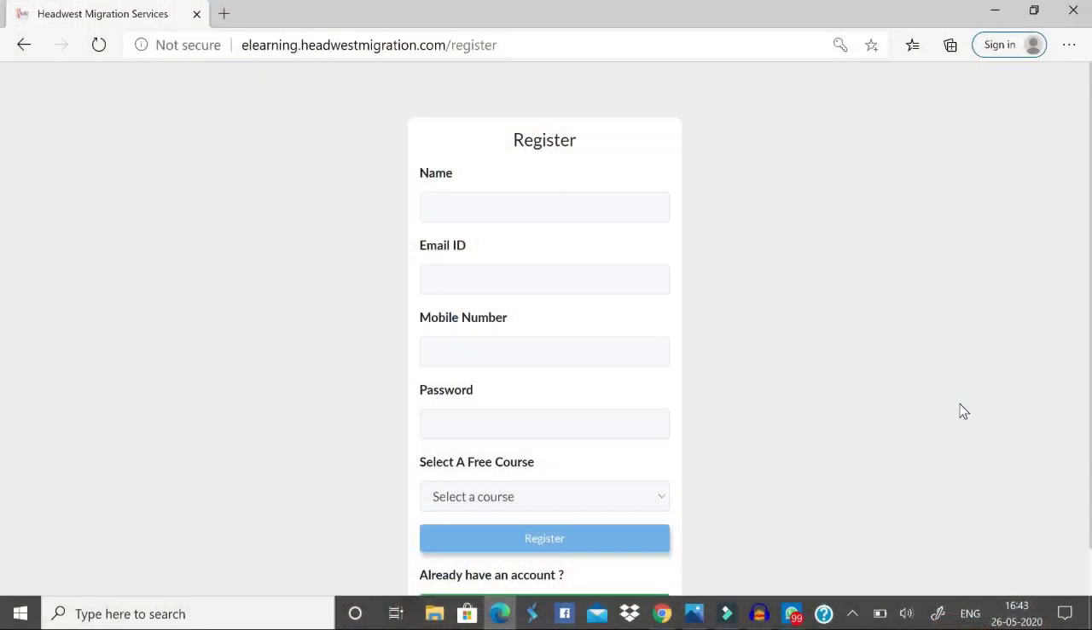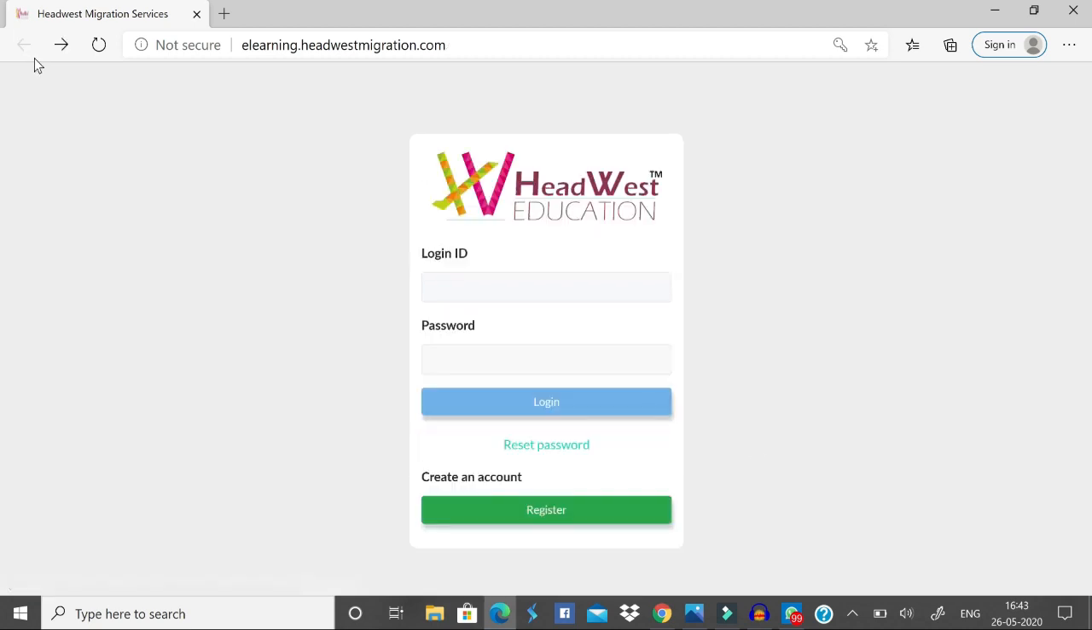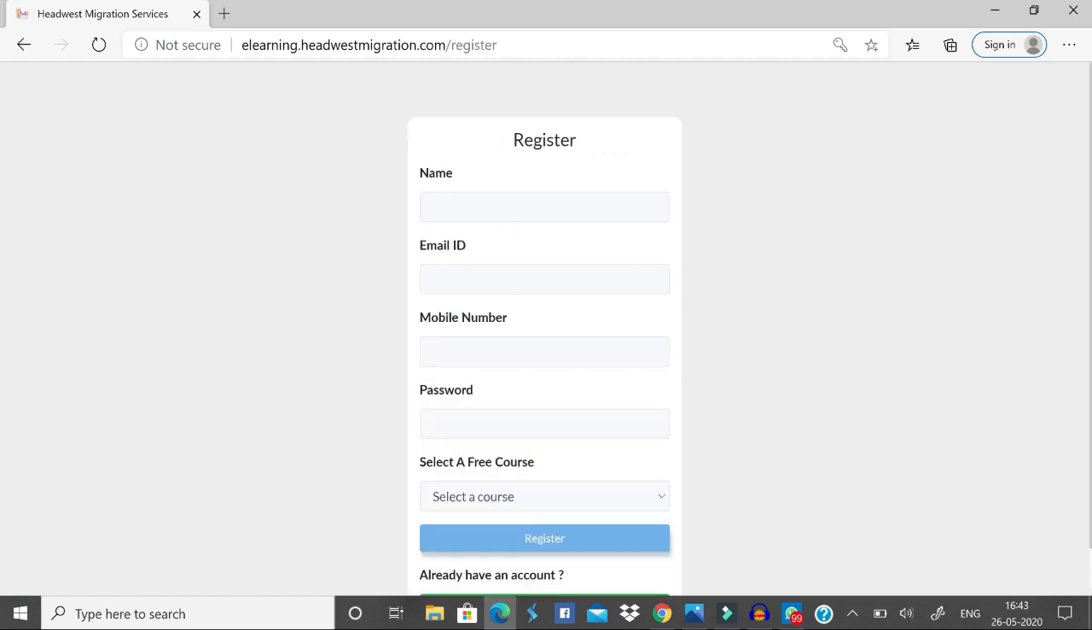So guys, I've already typed elearning.headwestmigration.com. All you have to do is just type it out in the search bar and then start browsing. Initially you will see the logo, then you have your login ID. Once you have your login ID and password, just put it in and login. If you don't have one, just register. So you will put the name,